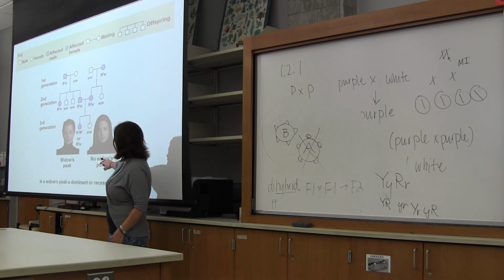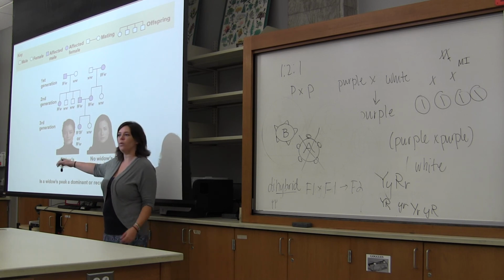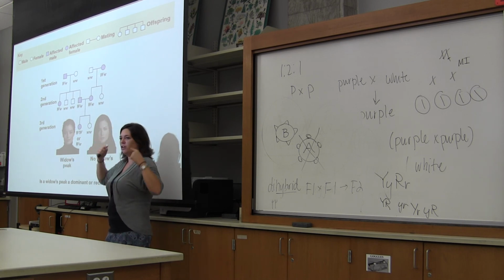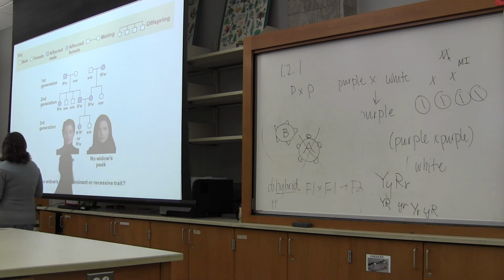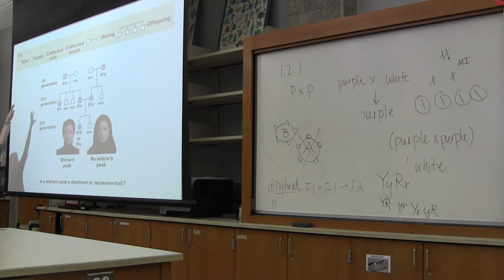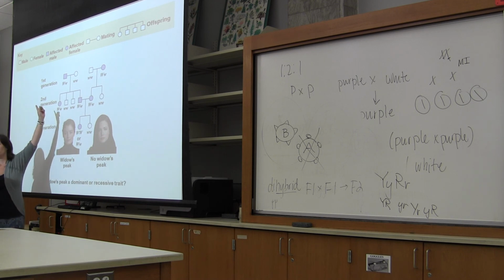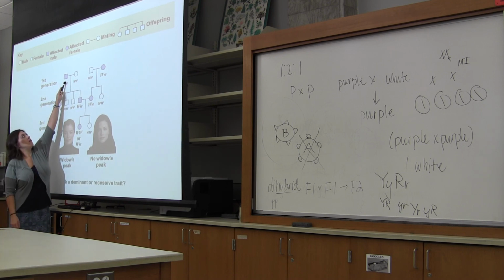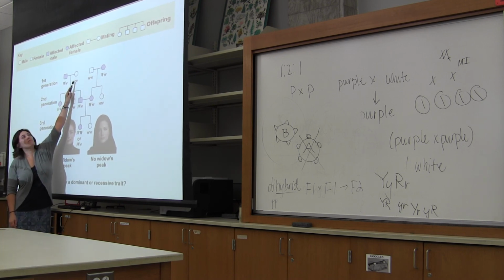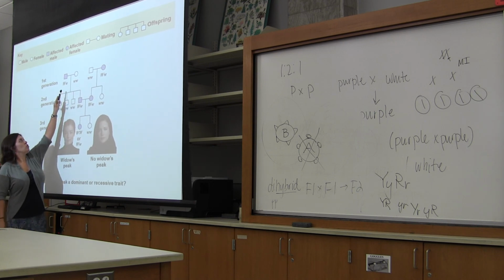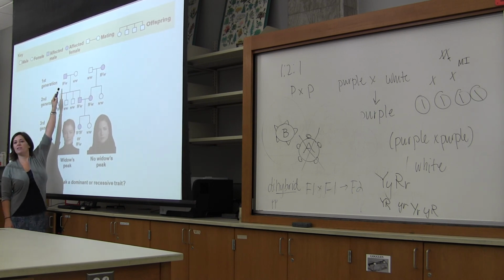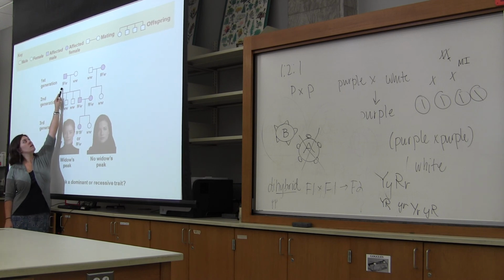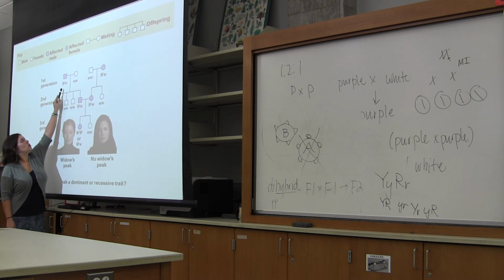And so here we're looking at widow's peak. Widow's peak, you get that little point in your hair. Well, all of these pedigrees are going to be set up the same. Squares are always going to be males, circles are always going to be females. So for instance, we took this male, married this female, and these are their kids. So we know that the purple means that the male is affected. So the male has a widow's peak, and the female doesn't. So the male is going to be heterozygous, and the female is going